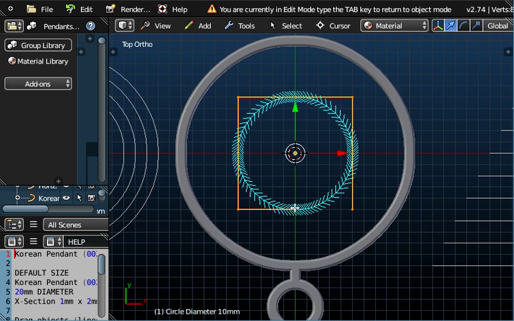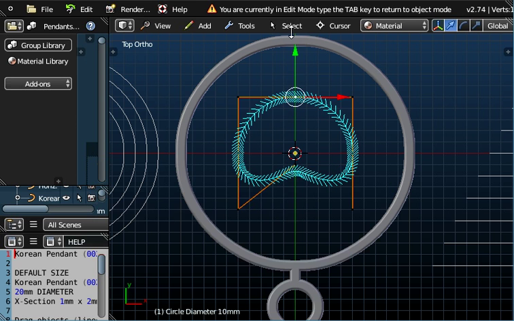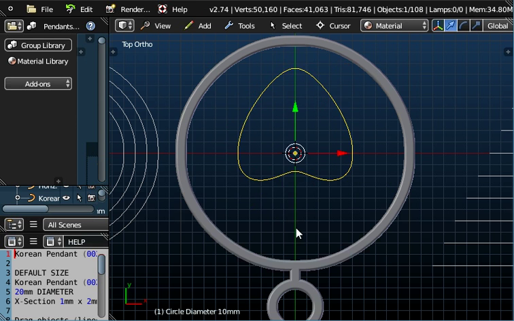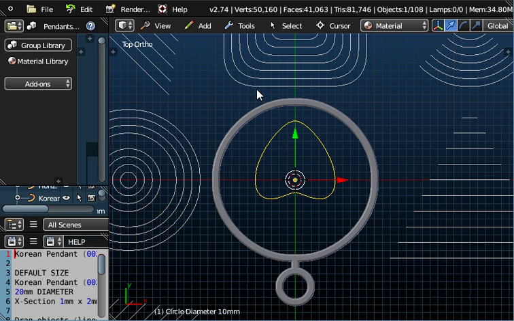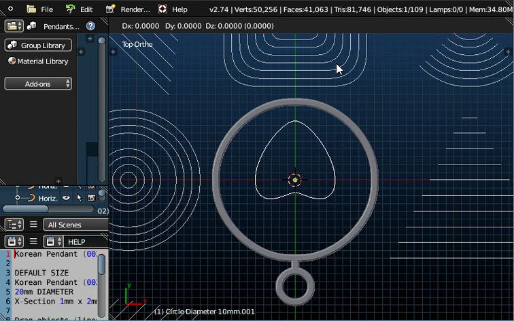If we go into edit mode and just click on that point there, it's what's called a control point. If I just move that slightly, and then if I just click on the one at the top and move that out, you can see I can very quickly change my circle into a heart shape. And with the heart shape still highlighted, if I go to Tools, Object Tools, and duplicate it, and I just